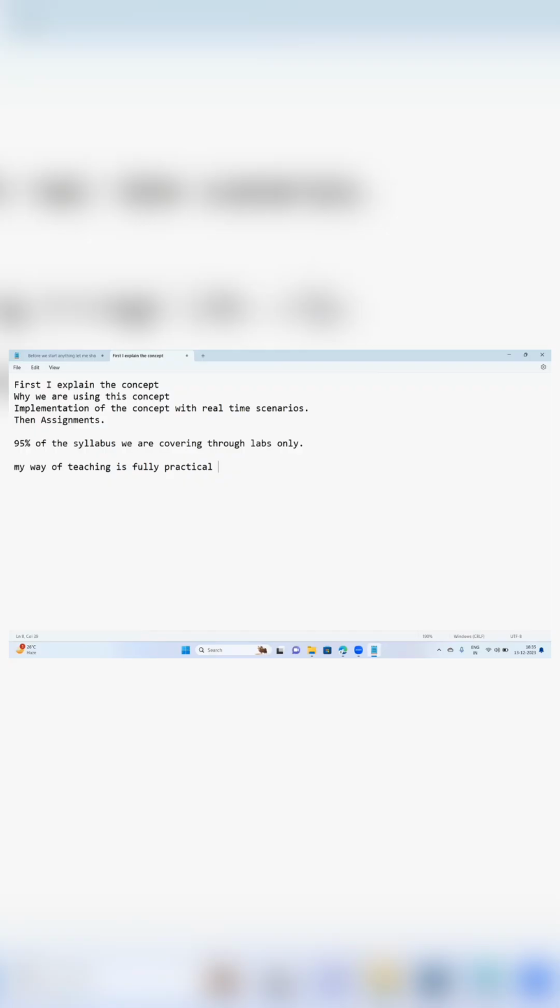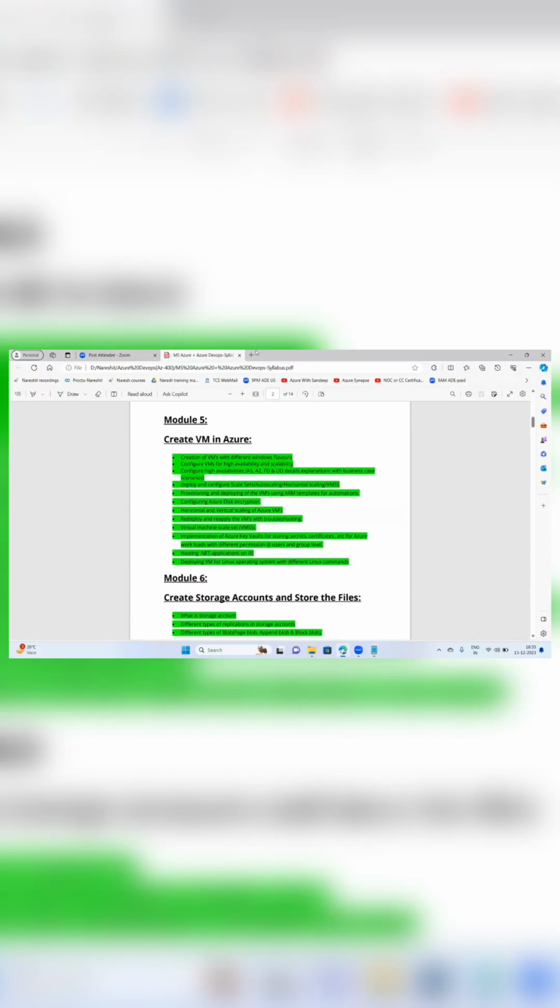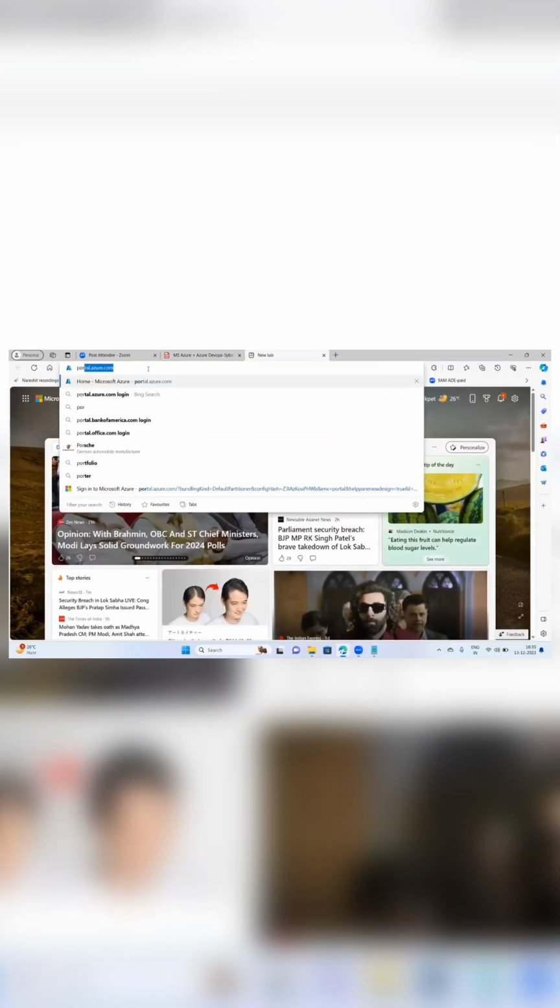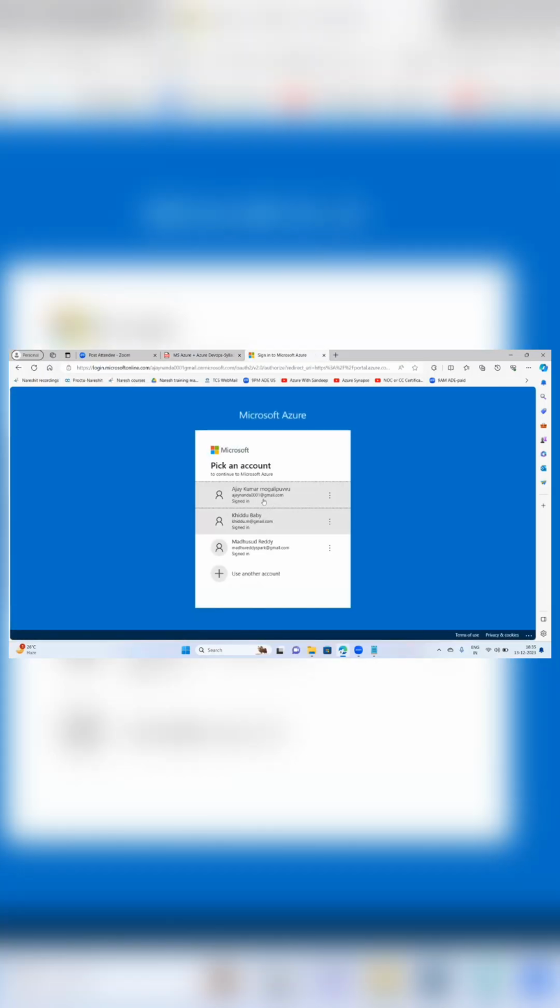Theory you can also read by yourself. Practically, you will see how we implement live, directly everything I'll implement in the cloud. See, this is our cloud portal, portal.azure.com.